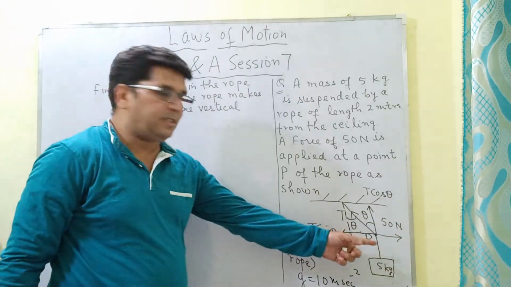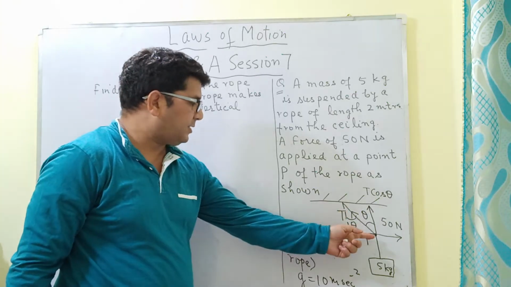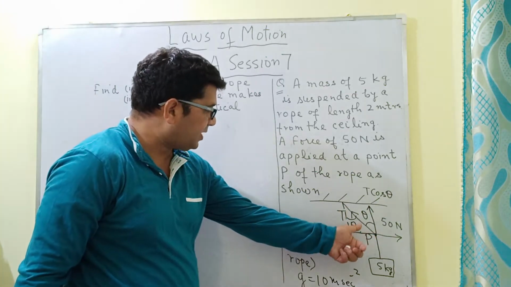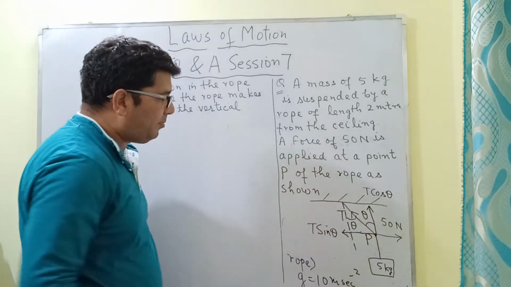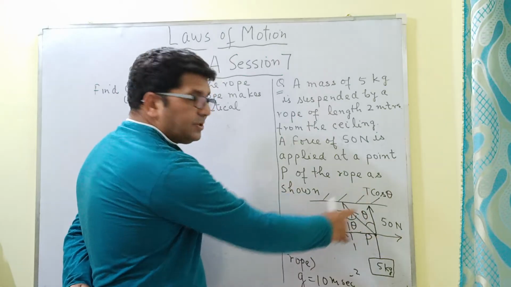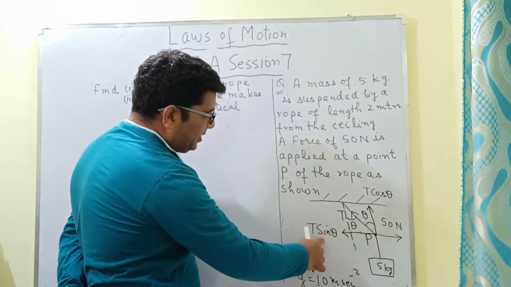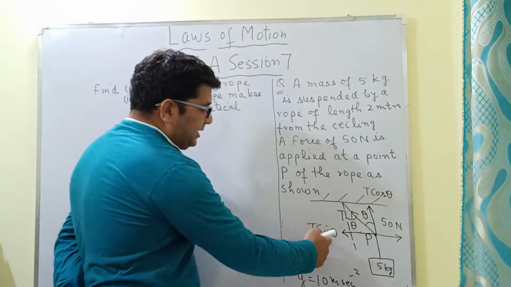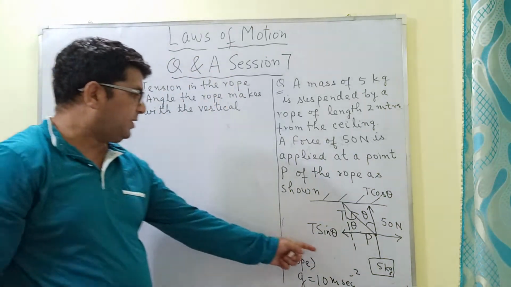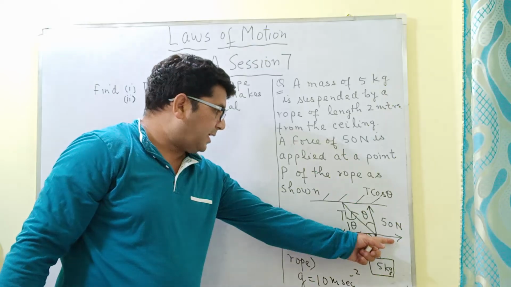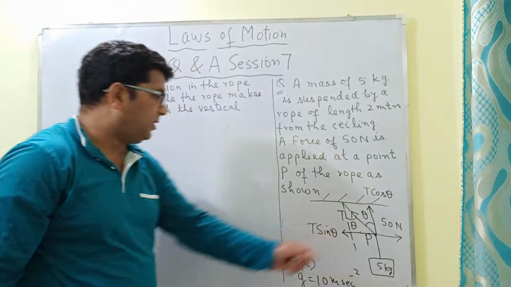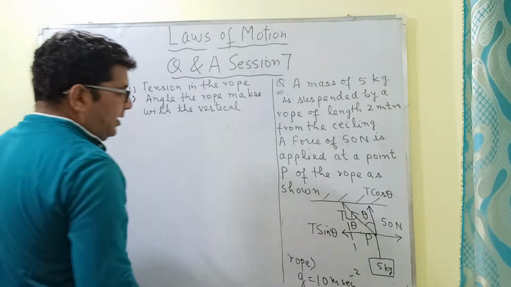So if the tension T is directed away from the point of application of the force, this tension will have two components: the vertical component, which is equal to T cos theta, and the other one equal to T sin theta, and this T sin theta will be directed opposite to the direction of this horizontal force of magnitude 50 Newton. So in this way,